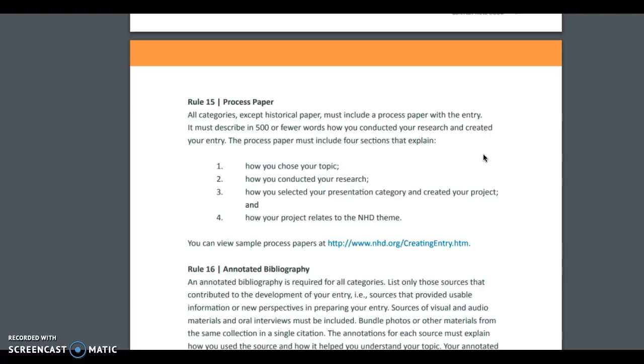Your process paper needs to be engaging and interesting. When you look at the question, how you chose your topic, you don't want to just say, I picked a topic off the list because my facilitator made me, right? You want to show that you are actually engaged and interested in the topic that you chose. When it talks about how you conducted your research, you're not just going to say, I did a Google search and found some information. All of you have done high quality college level research for this project, and you should